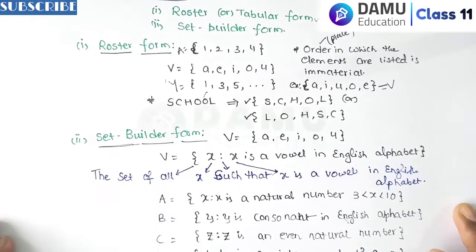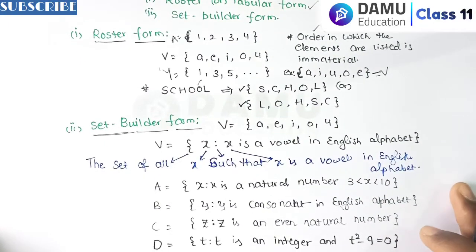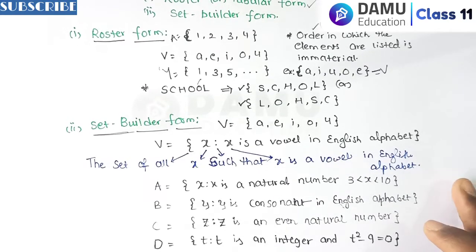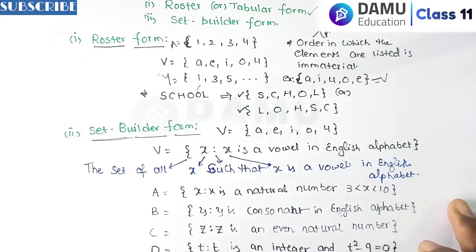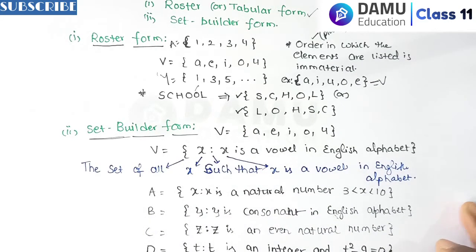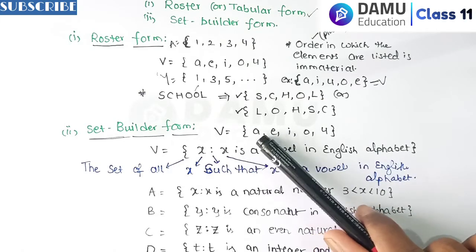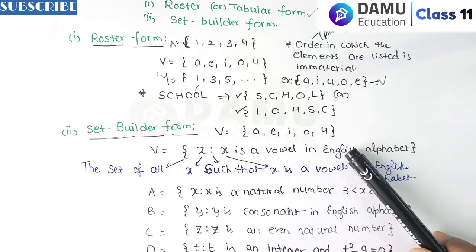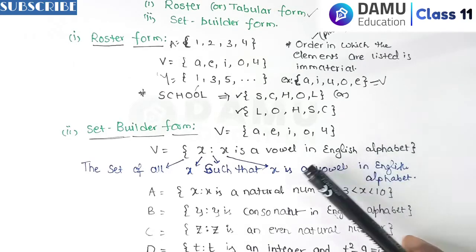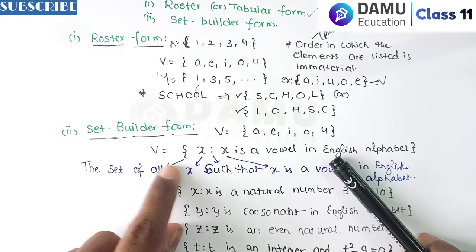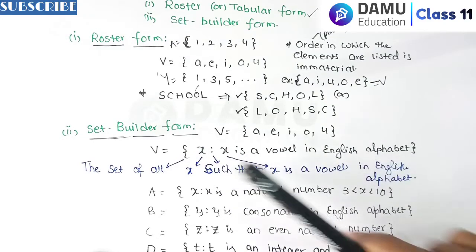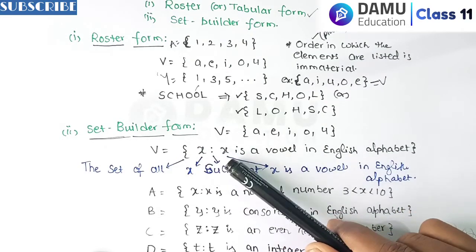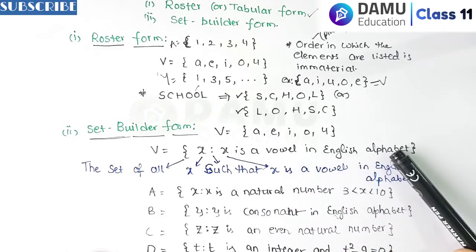Then what is a set builder form? So here, set builder form, let's take the second representation. Everybody will think it is somewhat difficult, but it is very easy, I will say. Just follow the trick, then you can easily write. So for the vowels I took V, A, E, I, O, U, I will write it in set builder form. Set builder form is a group of formulas, conditions and sentences. It is also enclosed with braces: {x : x is a vowel in the English alphabet}.